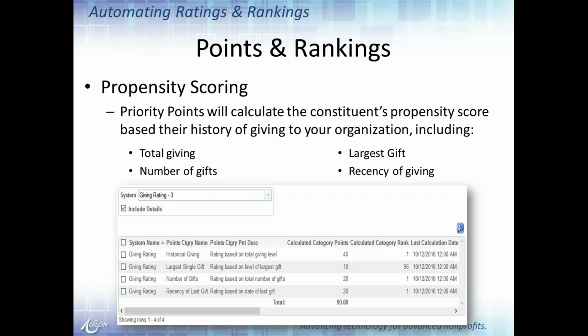So you maybe get 10 points for having a single gift of $10,000 or greater, or maybe you get 2 points for a gift of $100 or more. So you can get all of these individual levels all built out with their individual rating scores. So made up of the system and the category,